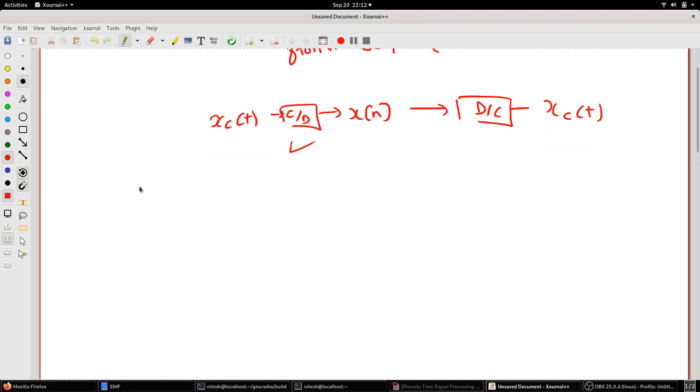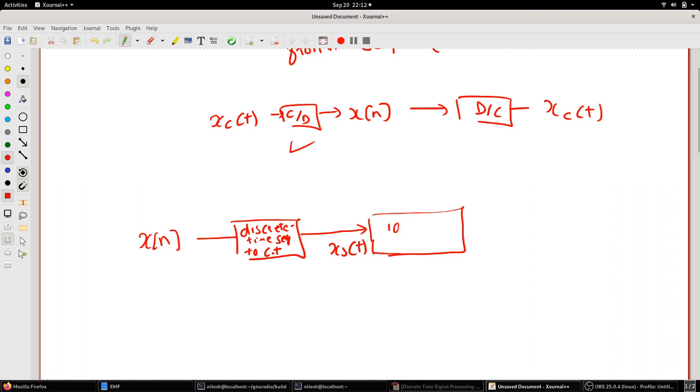So first step we know is that you have got x of n, and from here you have to convert a discrete time sequence to continuous time, so that you get the intermediate signal xs of t, which is same as the one which we had looked at, and then you pass it through an ideal reconstruction filter to obtain your desired signal which was sampled here. This guy has to be obtained back.